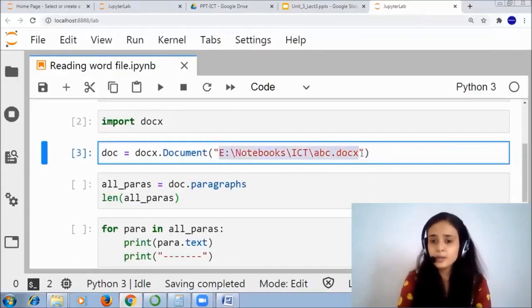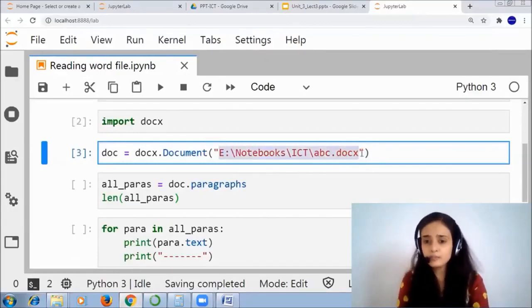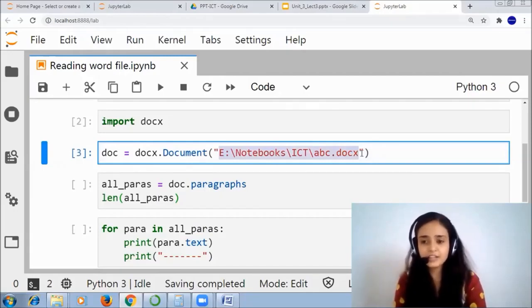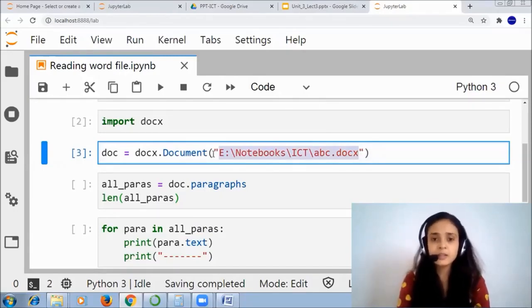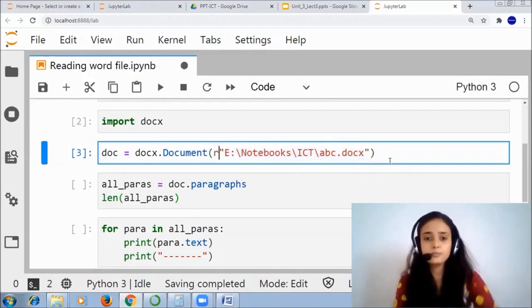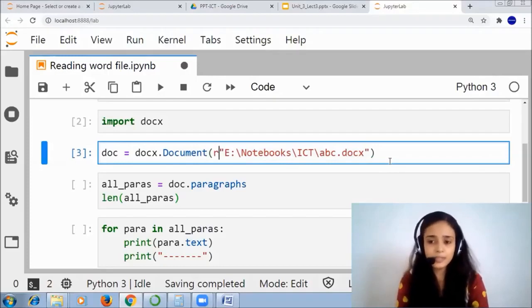Here you are making use of the backward slash. When you use the backward slash like this in Python, you have to write r before the string, because when you copy the path from the address bar of Windows, you will get the backward slash like this.